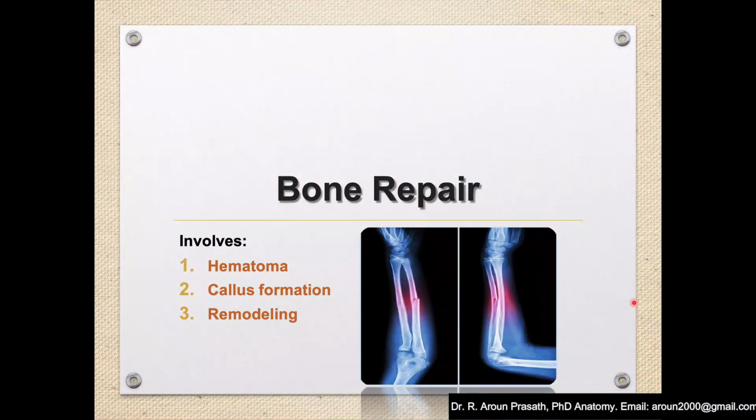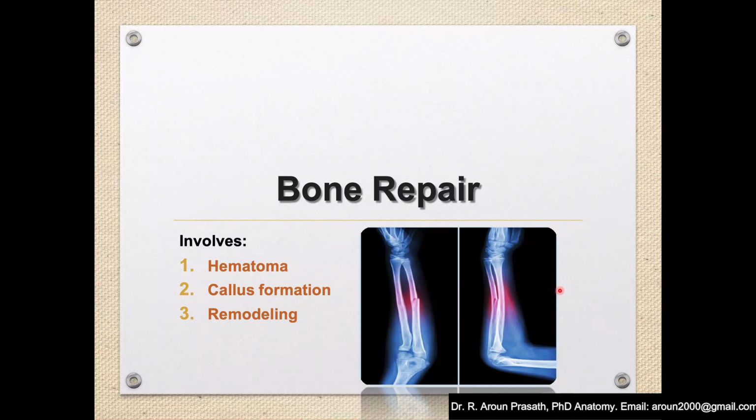So coming to bone repair. Bone is a live tissue. It is a connective tissue, made up of osteocyte cells, but it is hard. Because the cells are very hard, you are able to... the cell is alive. Okay, if there is any break, then that goes for the healing process.